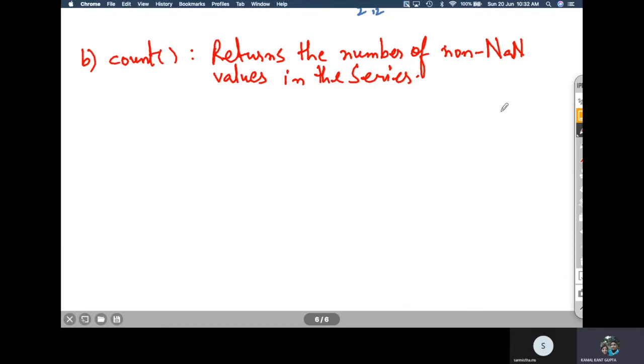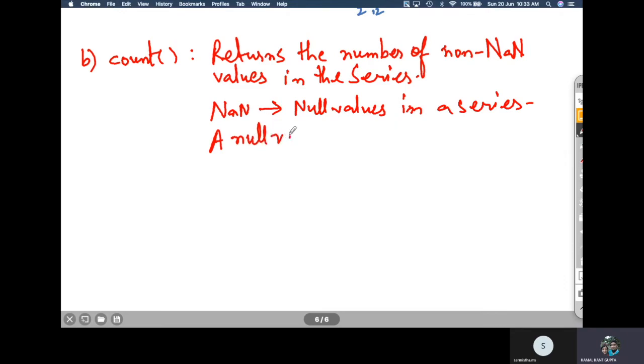Now what do you mean by non-NaN values? NaN stands for null values in a series. Now how to set null values in a series? A null value or NaN value can be generated. Null values mean values which are unknown.